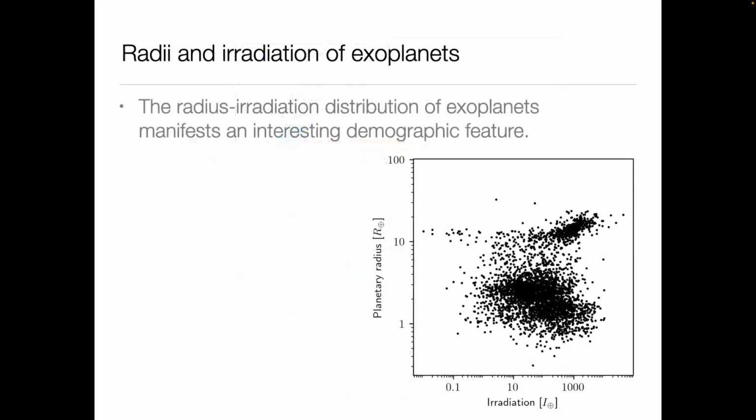So if we basically put that on the right, and now on the x-axis, I just changed the definition a little. Instead of orbital period, I'm plotting here so-called irradiation, normalized to that which Earth receives from the sun, the 1.4 kilowatts per meter squared. That's important. So 1.4, but that is the top of the atmosphere value, I think. But anyway, you normalize it by that, and you get basically a distribution that looks like this.